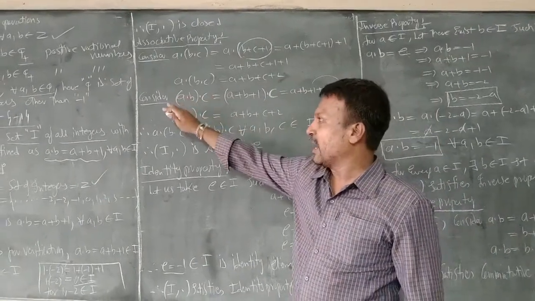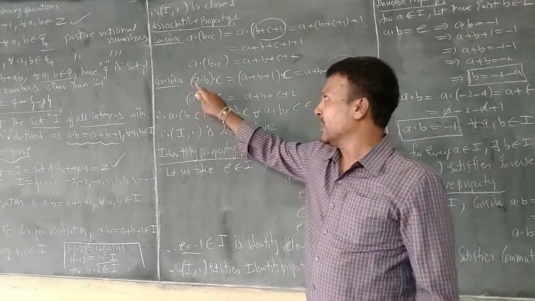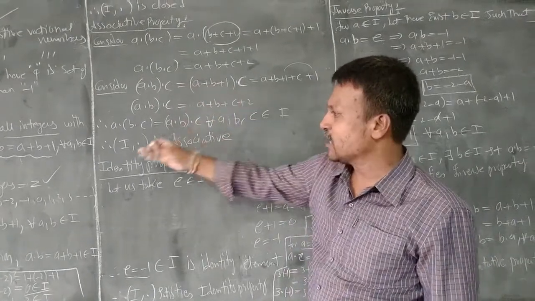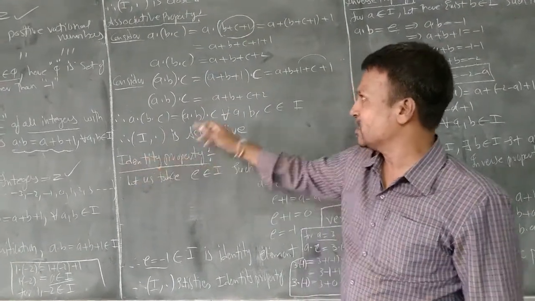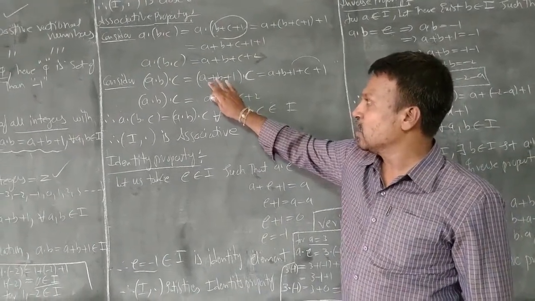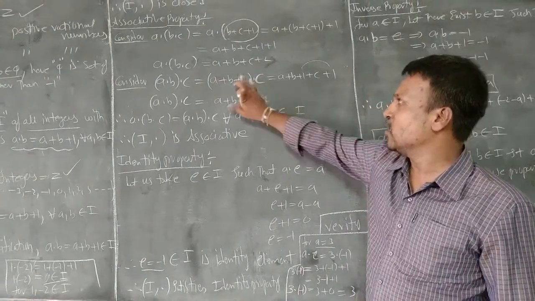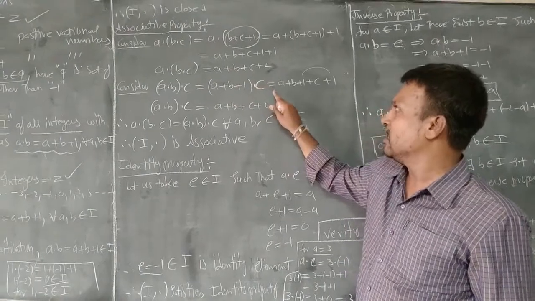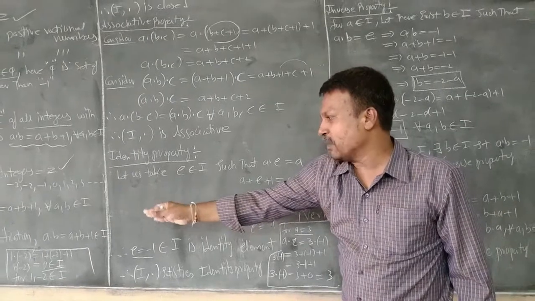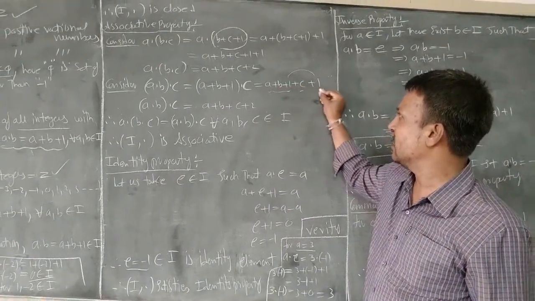We consider the right hand side part of the associative property with respect to multiplication. Right. Here I considered a dot b of dot c. a dot b can be written as a plus b plus 1 as per our given special binary operation. Right. Dot c. Again here, if I consider the whole of this a plus b plus 1 as one single element, dot c, so it is in the form of a dot b. So if it is applied for this new binary operation a plus b plus 1, instead of a we have to take a plus b plus 1, instead of b we have to take c and plus 1.